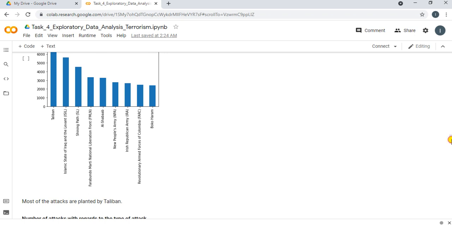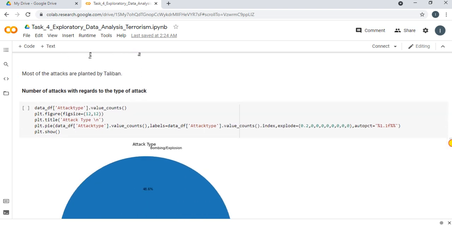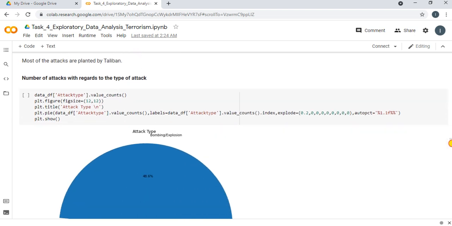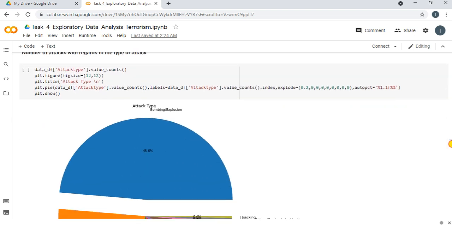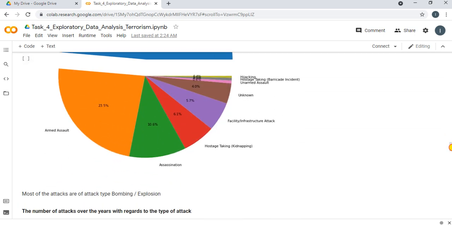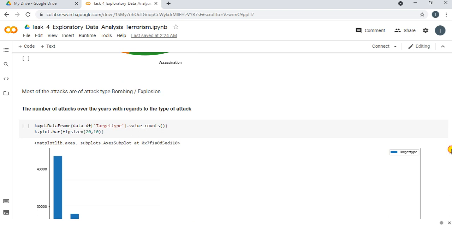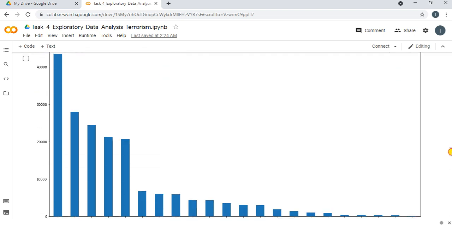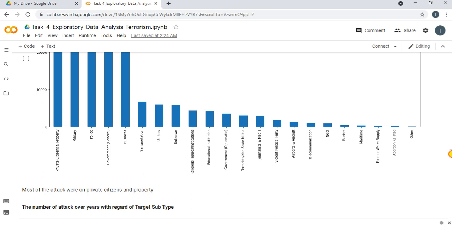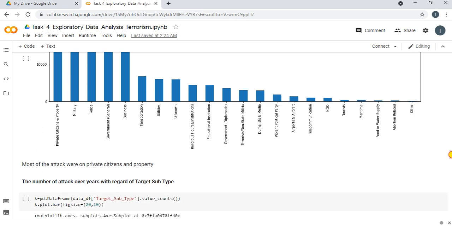Further, we would be analyzing the number of attacks with regard to the type of attack, and from this analysis, we found out that most of the attacks are of type bombing or explosion. Then we would be analyzing the number of attacks over the year with regard to type of attack, and from this, we found out that most of the attacks were on private citizens and properties.